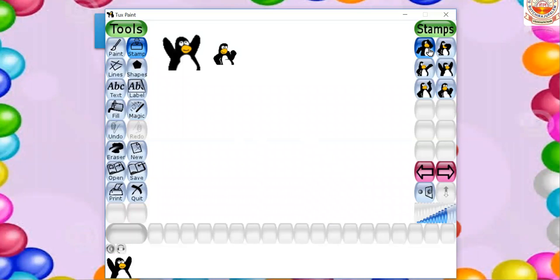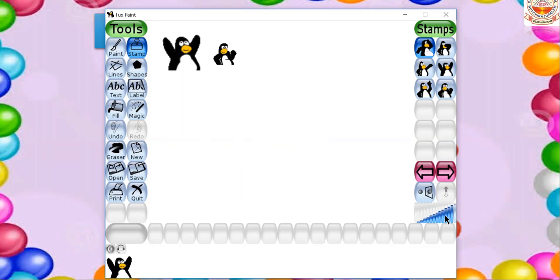And note this, children, we can even increase or decrease the size of the stamp. Okay, understood, children? So how to increase the size? We will see. Here you have to click. In this way, if you click, the size will be increased.